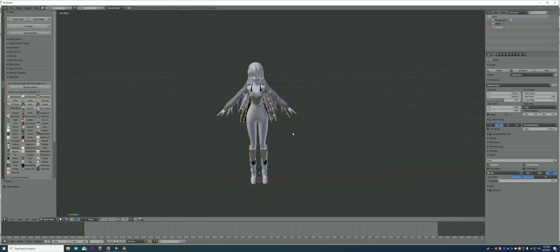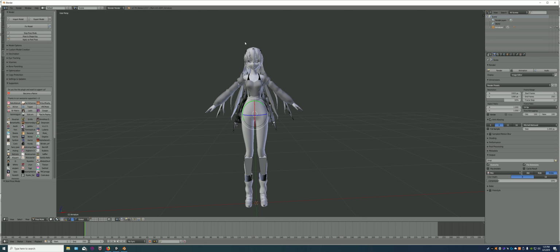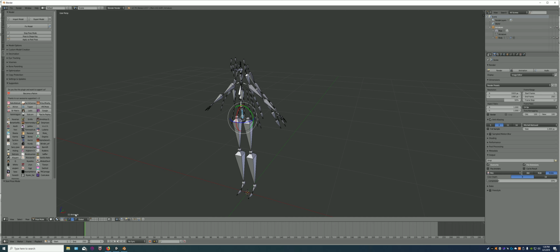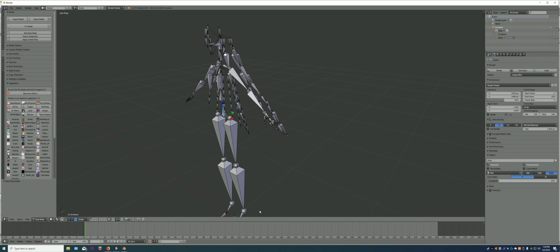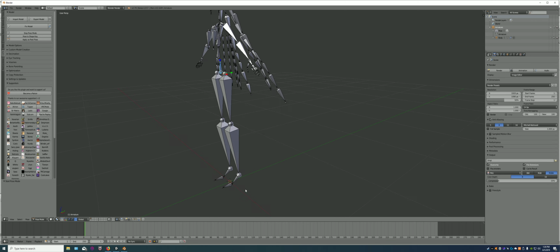Now, there we go. So I'm gonna go into pose mode right here. Expand armature, and I'm going to hide the body so that I can see the skeleton better. Okay, I'm gonna switch to the resize tool. And now, very important, since you're resizing your legs, you will go down here